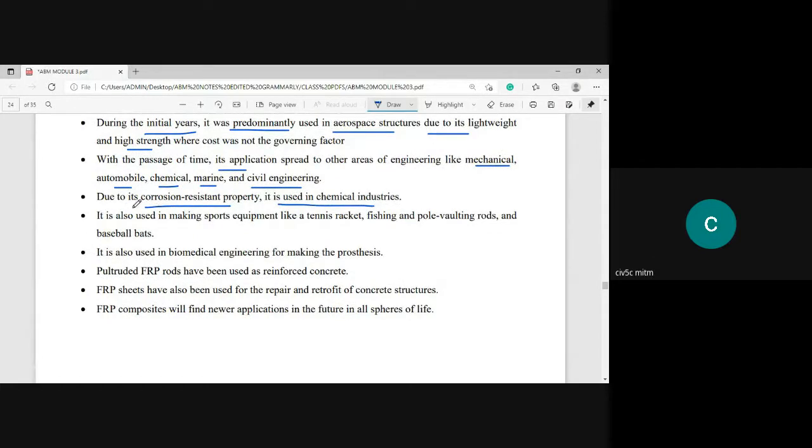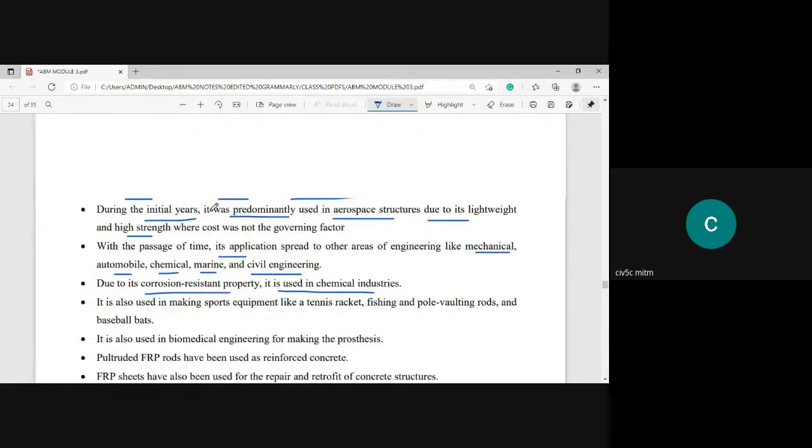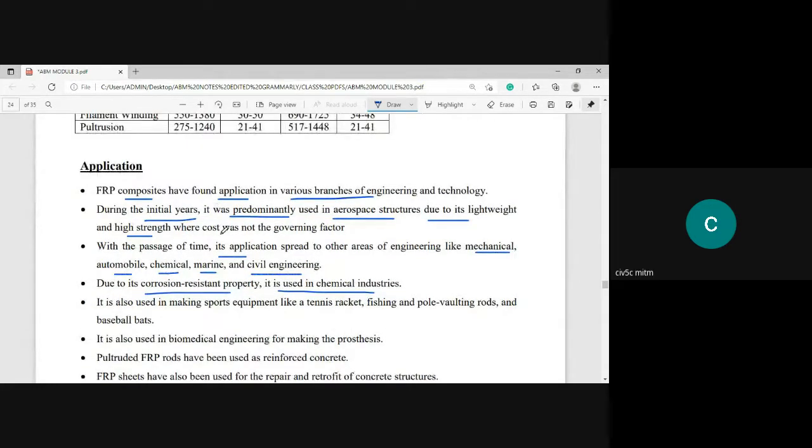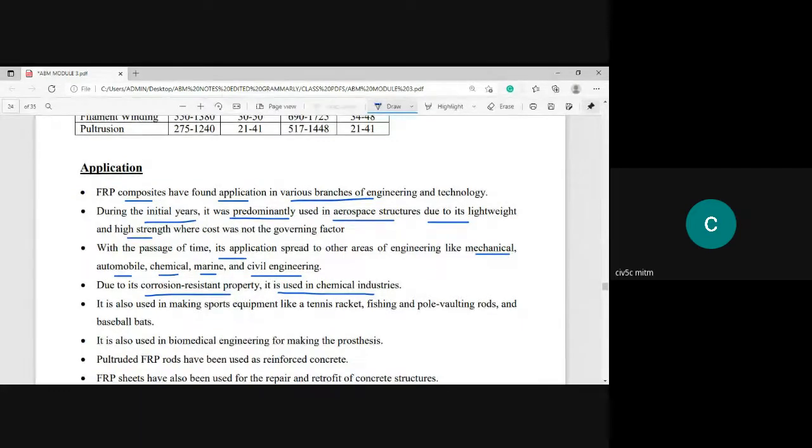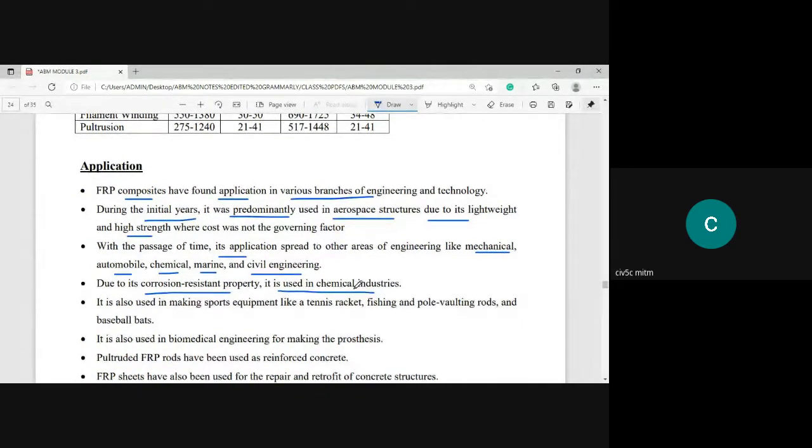This is very important for the civil engineering field also, because, as you may have observed, in the construction of bridges nowadays they are going with reinforcement rods, something like fiber reinforced polymer rods. Instead of using steel reinforcement, they are using carbon fiber or fiber reinforced polymer rods, FRP rods. Why? Because it is more effective with its corrosion resistant property. So that has been observed.